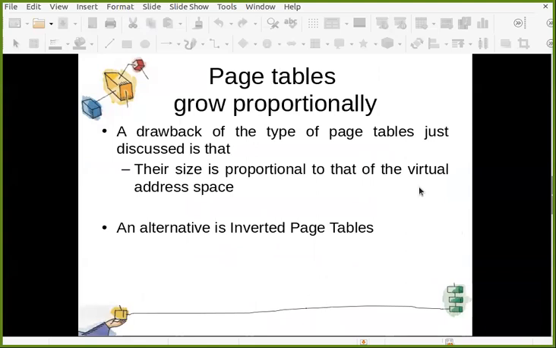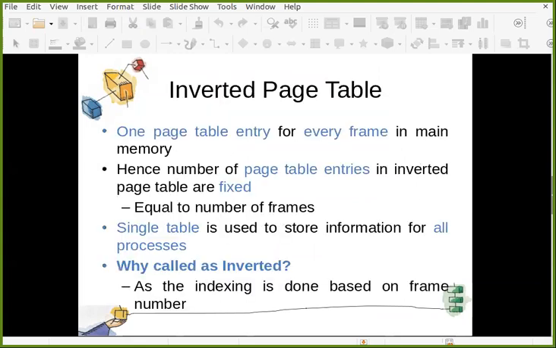Rather than storing the frame value for a particular page, let us do it in reverse. An alternative is inverted page tables. Now what is that? There is one page table entry for every frame in the main memory, because ultimately whatever pages are there, they are there in the frames, and frames are fixed because main memory is fixed. Let's say you have 4 GB main memory, it is fixed and it is divided into frames.